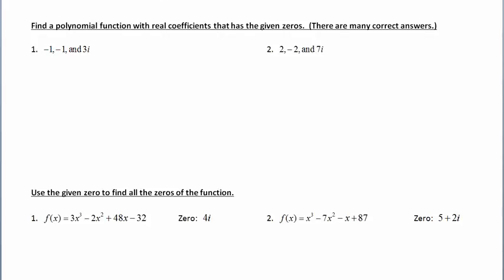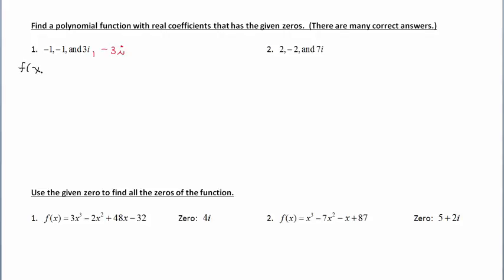First, identify that you have an imaginary solution. So, as mentioned previously, imaginary solutions occur in conjugate pairs, so not only is 3i a 0, but also negative 3i. So at this point, if I have 4 zeros, I need to create a 4th degree function. Well, if these are the solutions, let's create the linear factors that these solutions come from